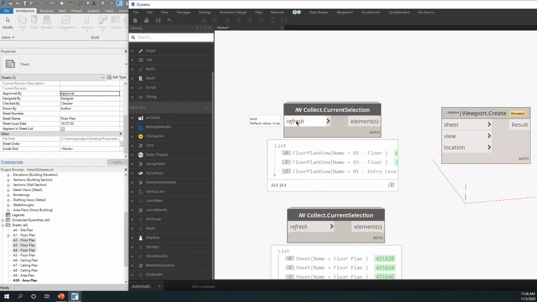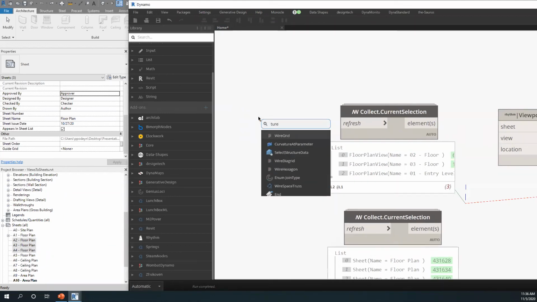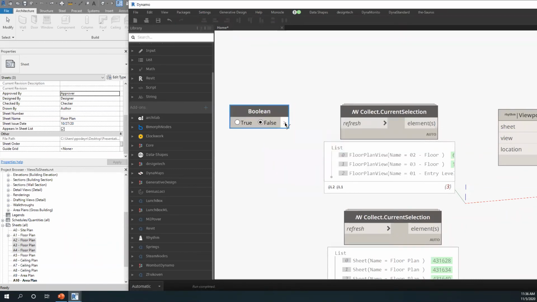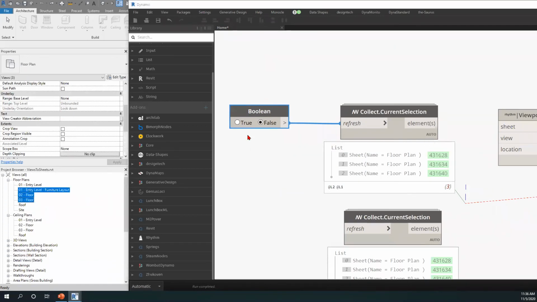So you may be wondering, what's this refresh for? What you can do is actually place a toggle in there. So if I look for true, false, and if I refresh this with a false, it's going to update that selection. If I want to reset that back, I can just toggle this to true and that's going to reset. As long as we don't tie anything into these refresh nodes, it's going to maintain the selection that we had